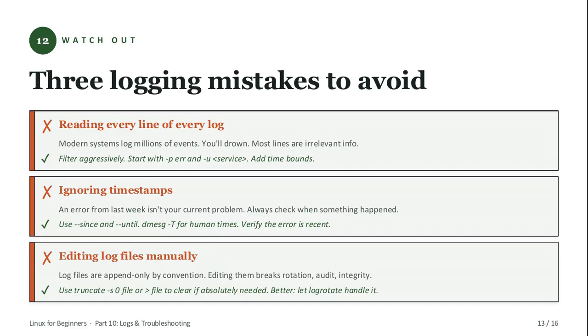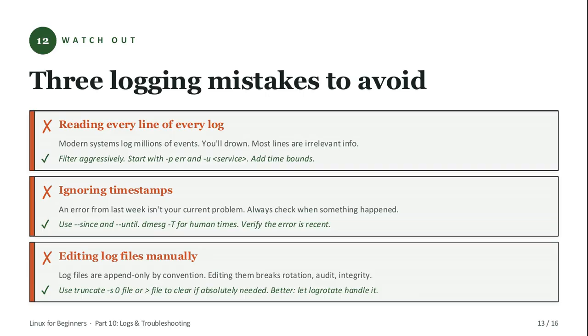Speaking of filtering, let's talk about 3 traps beginners fall into. First, don't try to read every line. Modern systems generate millions of events, so filter aggressively with -p, -u for a service, and time bounds. Second, always check timestamps. An error from last Tuesday isn't what's breaking things right now, so use --since and --until, and remember dmesg -T for readable dates. And third, never edit log files by hand. It breaks rotation and audit trails. If you truly need to clear one, redirect with greater than or use truncate, but honestly, just let logrotate do